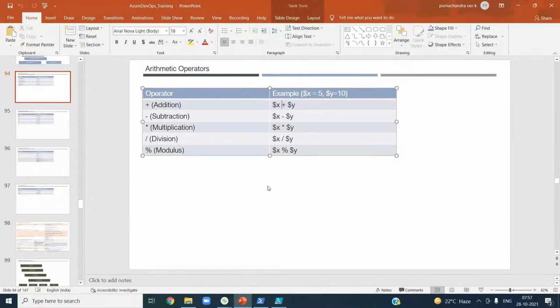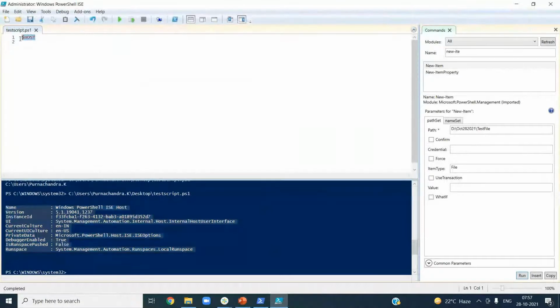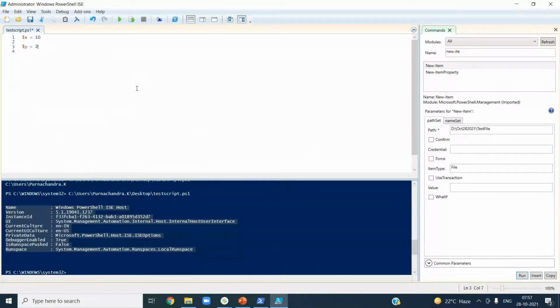Okay, all these subtractions, arithmetic operators basically. Let us say I'm creating a variable $x equal to 10, and another variable $y equal to 25. I want to have the sum.